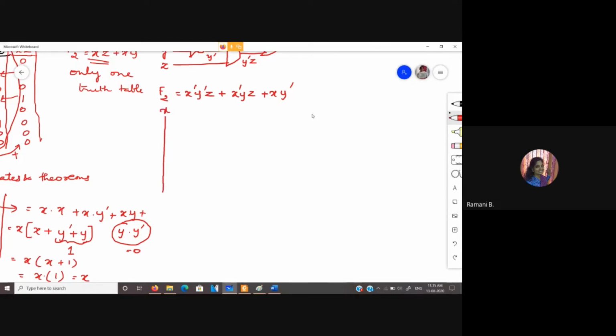So let me take this as x, and let me draw like this. This particular line denotes x bar, and this is y, and this particular line given with the NOT gate will give me y bar. Z doesn't need any complement, so we shall have it as such. We don't want any NOT gate over there. Now we have all the possible input combinations. Next, we need to draw this.